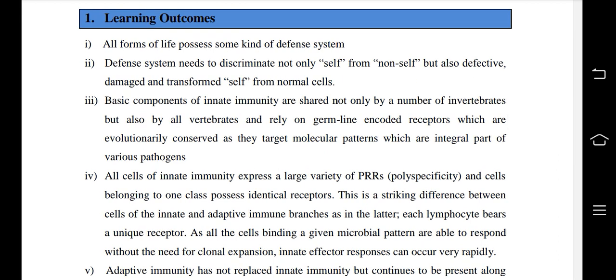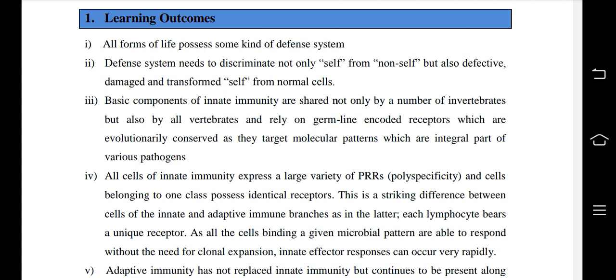All forms of life possess some kind of defense system. Defense system needs to discriminate not only self from non-self but also defective, damaged and transformed self from normal self. Basic components of innate immunity are shared not only by a number of invertebrates but also by all vertebrates and rely on germline encoded receptors that are evolutionarily conserved as they target molecular patterns which are integral part of various